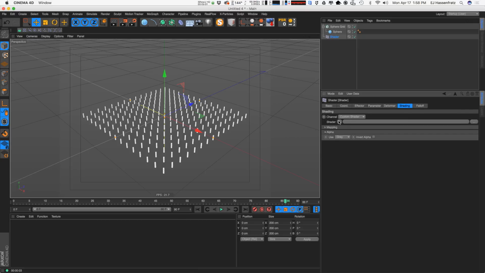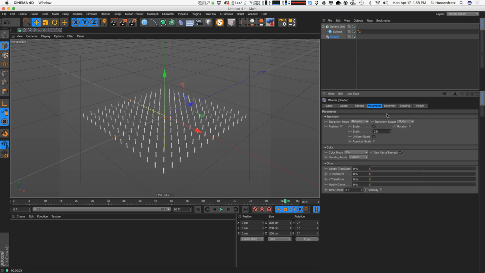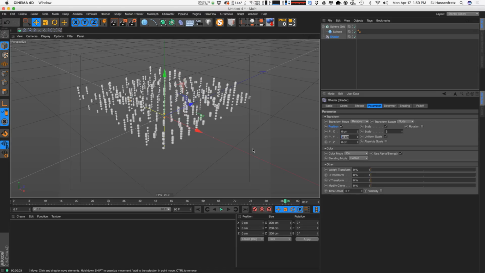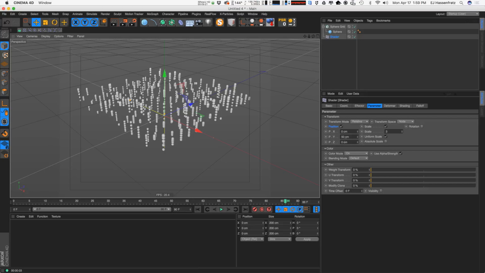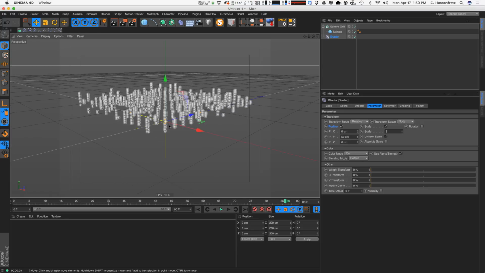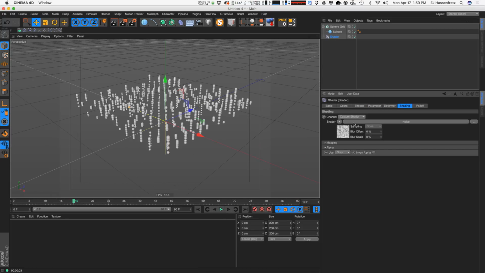But in the shading here, we can actually load up a noise shader. And what I'll do is just go into my parameters, and right now I only have scale being affected. Let's just bring that up to 3. And then again, just like we had in our random effector, I'll have some random values being applied to the Y. So we have random values that go up to 50 centimeters being applied to all of our clones here. And again, this is not animated, but if I go into my shader effector here,